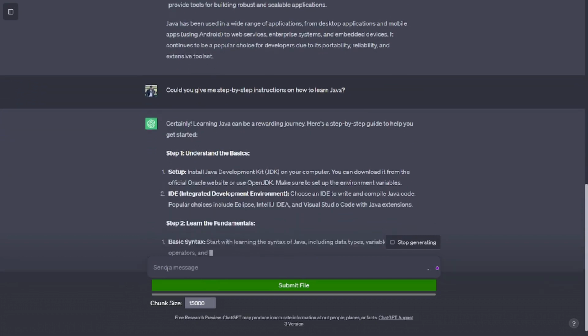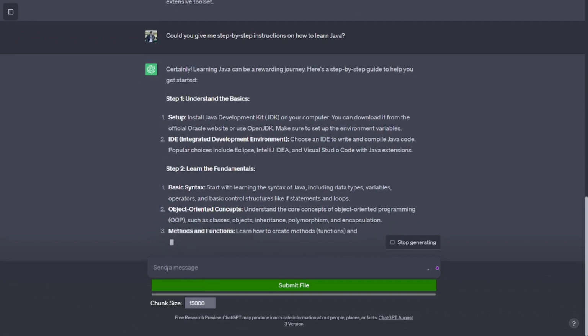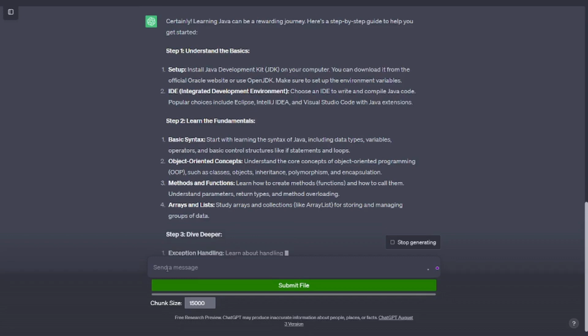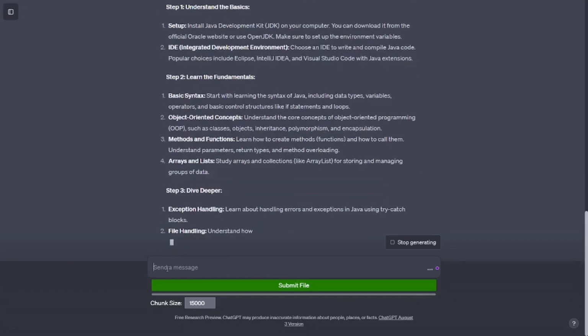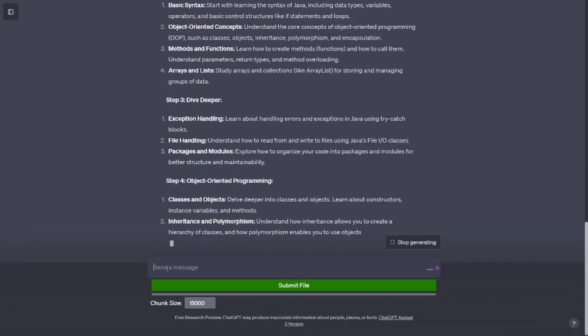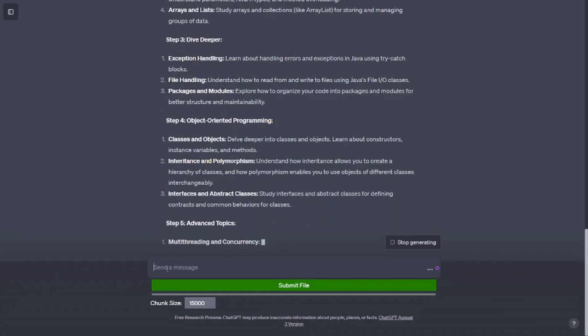Make sure to set up the environment variables. IDE, Integrated Development Environment. Choose an IDE to write and compile Java code. Popular choices include Eclipse, IntelliJ IDEA, and Visual Studio Code with Java extensions. Step 2. Learn the fundamentals. Basic syntax. Start with learning the syntax of Java, including data types, variables, operators, and basic control structures like if